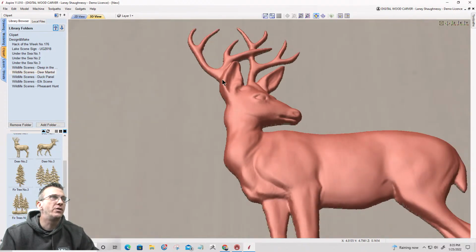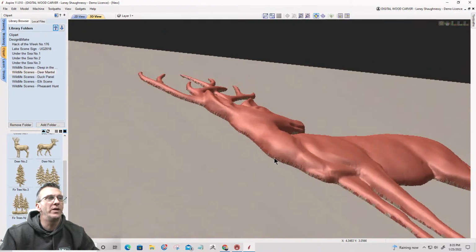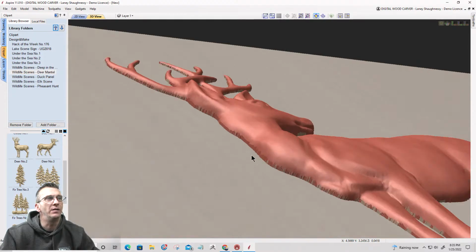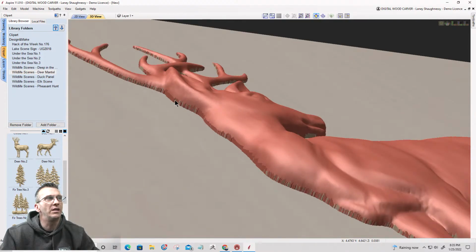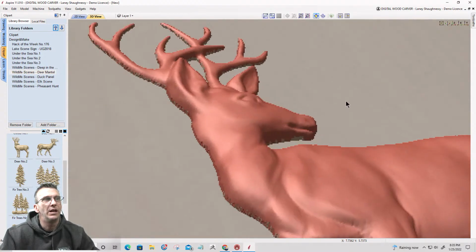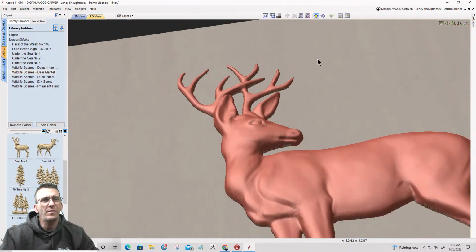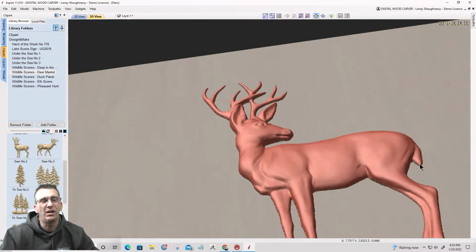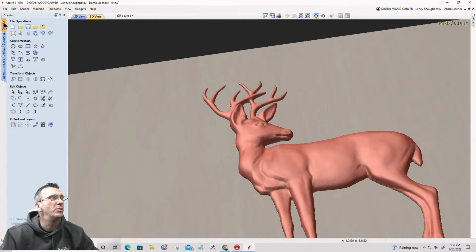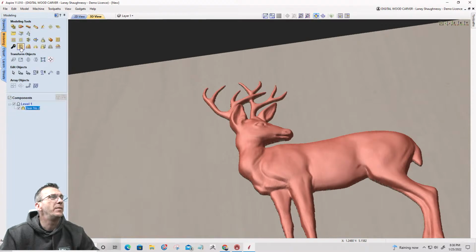Most models, their base meat right here is always going to look rough. Okay, that base meat on the model here is always going to look rough around the edges and everything. And that's just on the model. If I try to smooth this out, if I come in here and I try to smooth the model out,